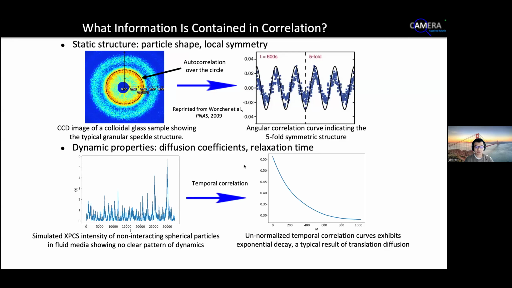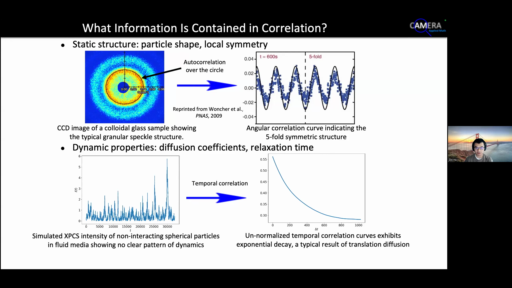And here is another example. This is a part of a simulated curve collected from simulated experiments related to movement of many particles. I can hardly tell any useful information about dynamics from these disordered curves. But its temporal correlation on the right side shows a clear pattern. It decays exponentially. This is a very typical result when we use correlation analysis of XPCS data to